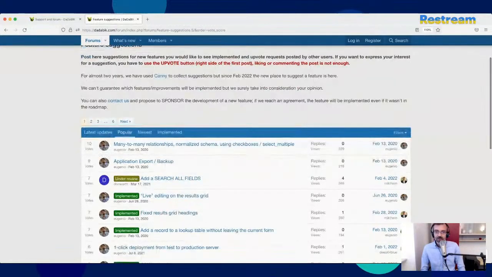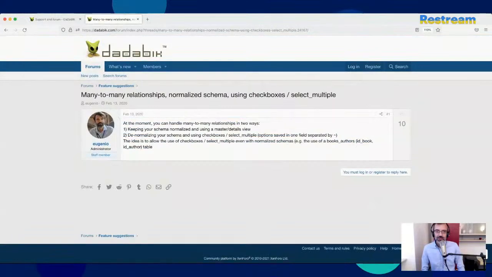So one thing I want to clarify: now I'm sorting by popularity, and I see, for example, that the most popular feature now is many-to-many relationship. One thing that I'm not sure is completely clear is that, now I'm not logged in, so I cannot like and vote for features.